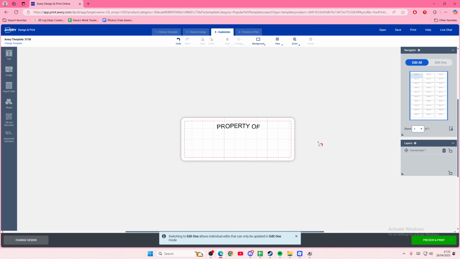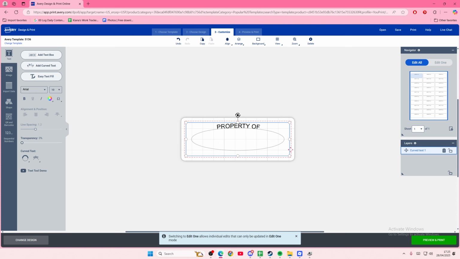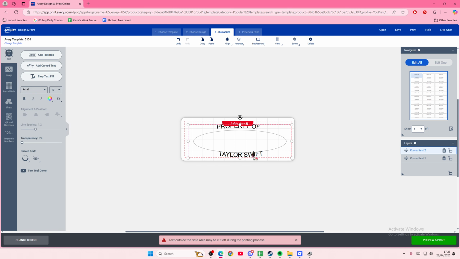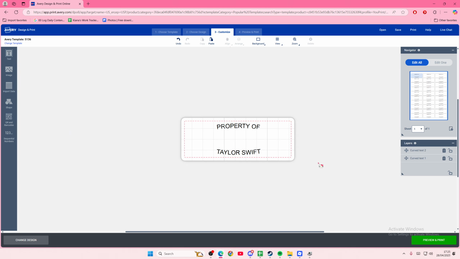Actually, I'll do that, and then I'm just going to copy and paste that, and then add Taylor Swift, for instance, and then I'll do this design. Why is it the other way though? Oh, there we go. And I'm just going to place it here in the middle,